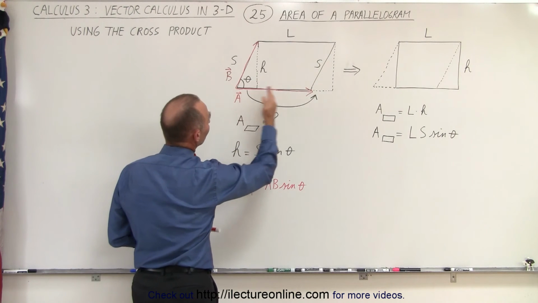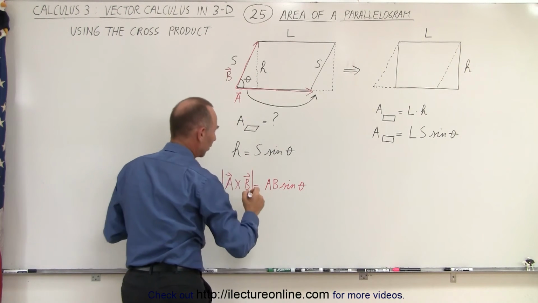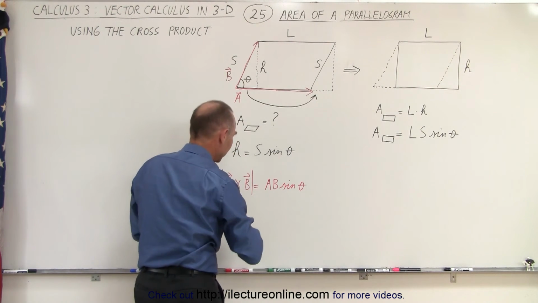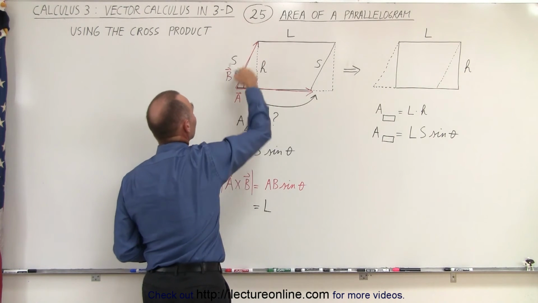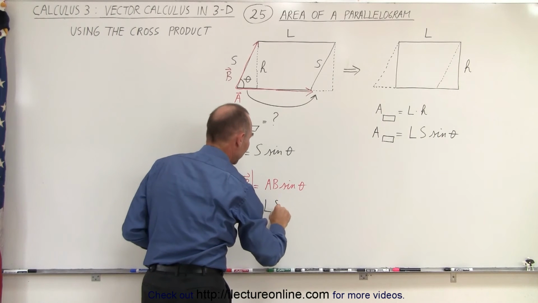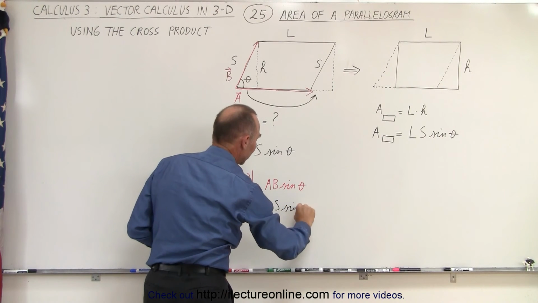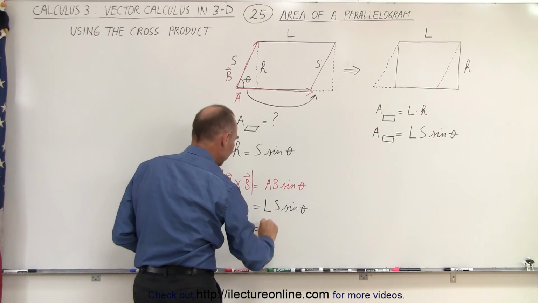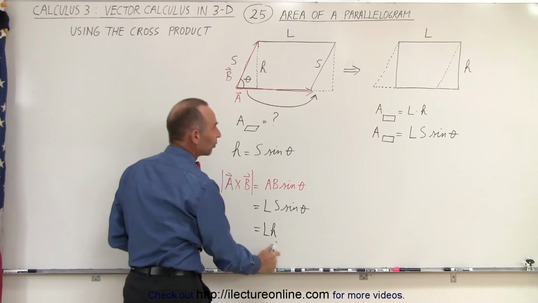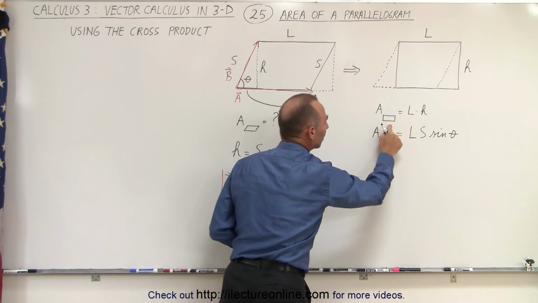A represents the length of this side, which is L. So this is equal to L times B, which is the length of the side over here, which is S, times the sine of theta. And of course, we already know that S times the sine of theta is equal to H. So this is equal to L times H, which of course is equal to the area of the rectangle,